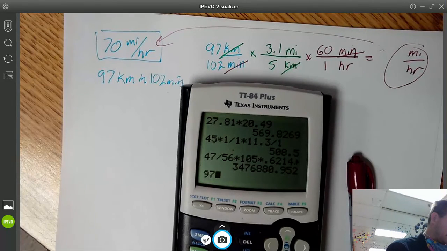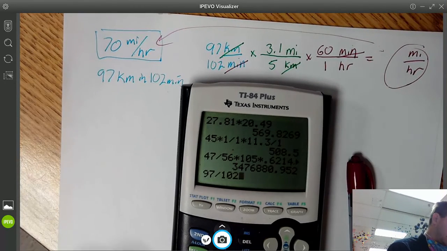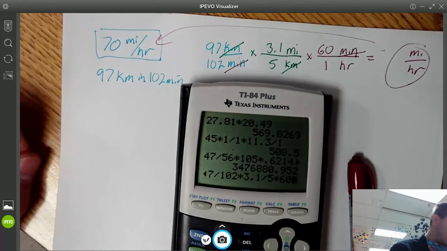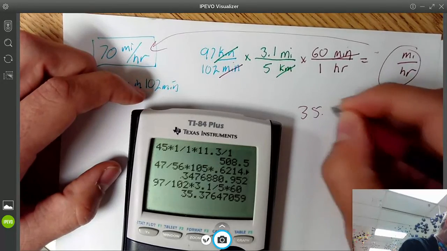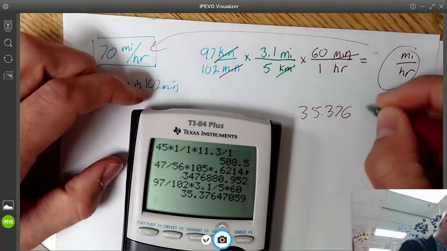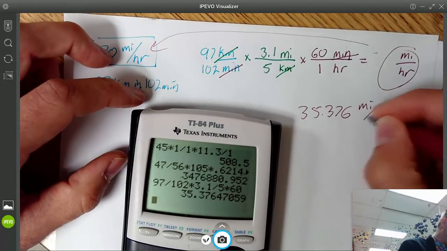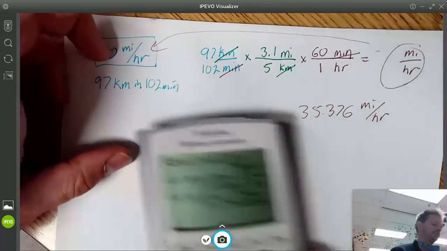All right, so let's put it in our calculator. I have 97 divided by 102 times 3.1 divided by 5 times 60 divided by 1, which we're not going to do. And I have 35.376